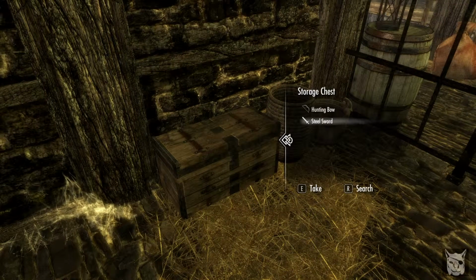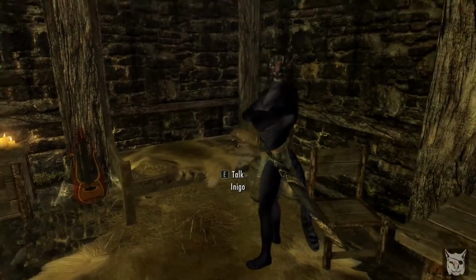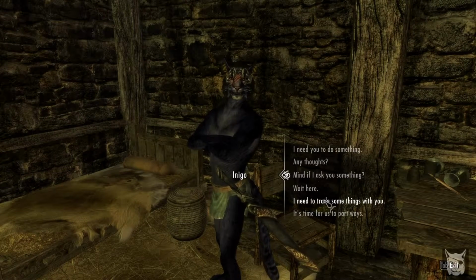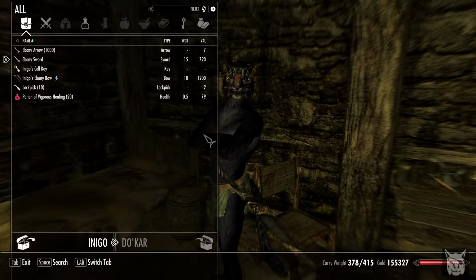I do like this new looting mod. I do. It's very nice. It's so much like Fallout 4. Right, you need some clothes. What is on your mind? We need to trade some things. You want me to lighten your load? I want you to have